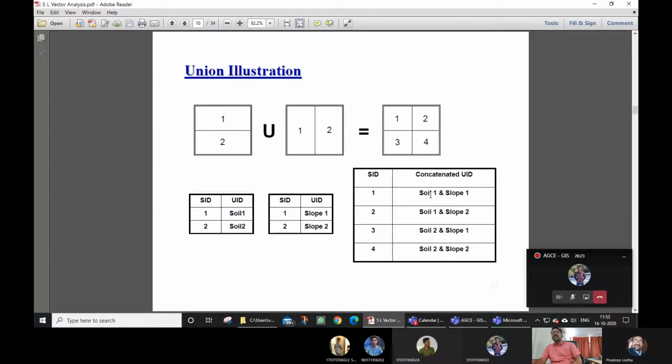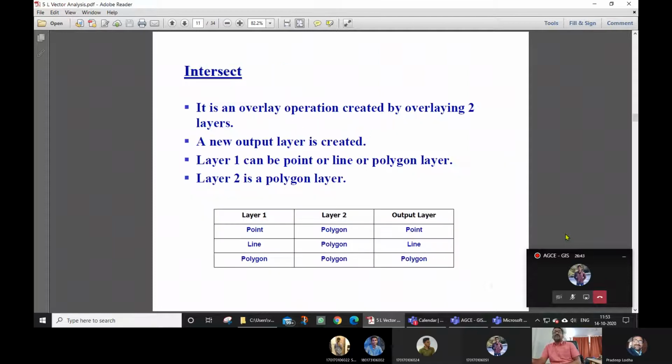In the data table: soil 1 slope 1, soil 1 slope 2, soil 2 slope 1, and like this. So this whole new insight will come to you, that there are 4 new polygons having different attribute values. There could be thousands of such polygons in the output layer.